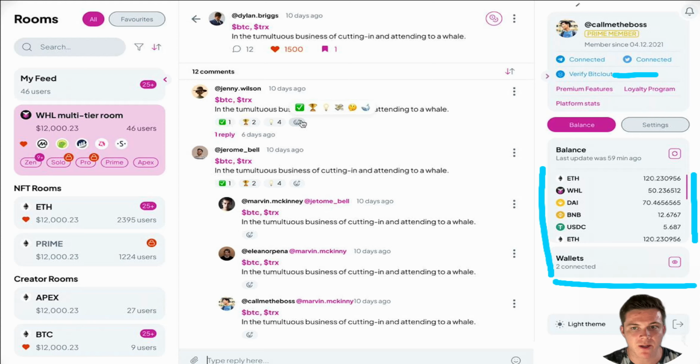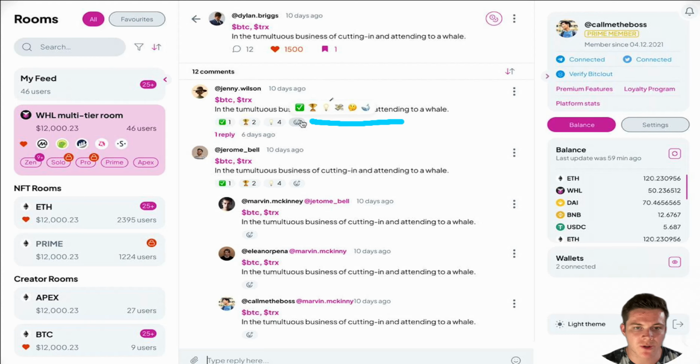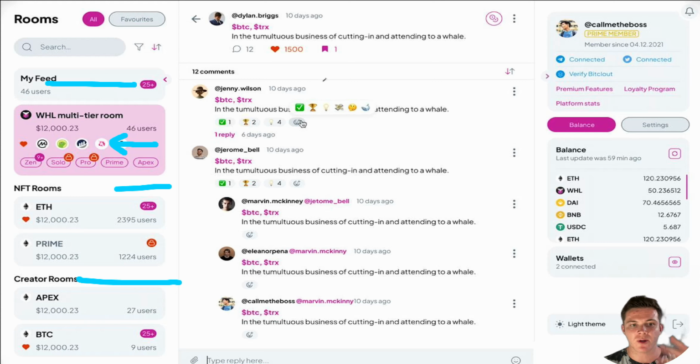And then looking over here, which is super cool too, and what I enjoy is you can right here drop certain emojis to interact with people's engagements and posts. And then like I said, to the left, they're going to be adding on different platforms. For example, Uniswap, right? Oh, I don't want to cover that right there. Uniswap is integrated right here. For example, you know, just putting everything that you could possibly need in one spot to be the all-in-one hub. Super nice. And you have your NFT rooms, your main feed, your creator rooms. So I just wanted to touch on this for you to get a main look of what it would look like once it starts rolling out and you are currently in action, really thriving within this platform.